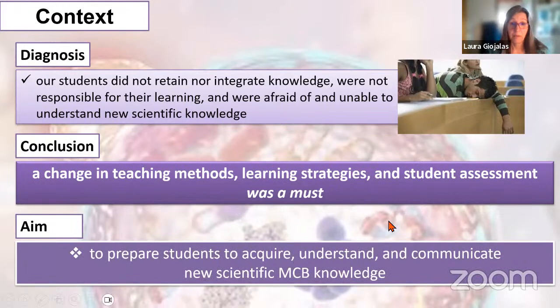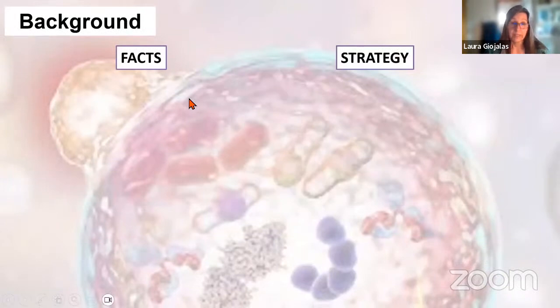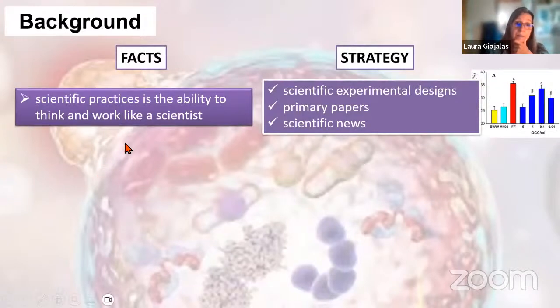The aim we had then was to prepare a student to acquire, to understand, and to communicate new scientific molecular cell biology knowledge. So we started to look in the literature. When I say the literature, I mean the literature on education research and the facts that we see in it, and according to these facts, which strategy we can choose to teach our students. The fact is that scientific practice is the ability to think and work like a scientist. So we have to develop